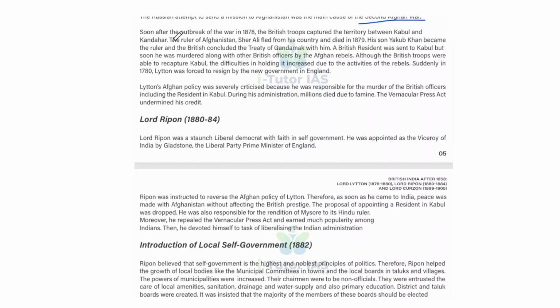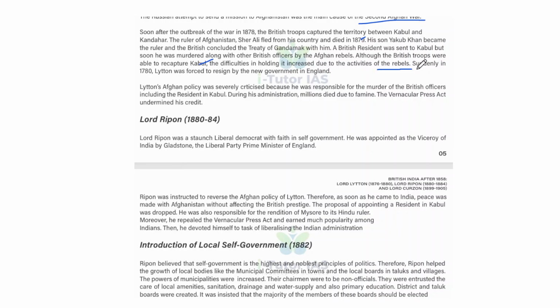1878, the British troops captured the territory between Kabul and Kandahar. The ruler of Afghanistan, Sher Ali, fled from his country and died in 1879, and his son Yaqub Khan became the ruler, and the British concluded the Treaty of Gandamak with him. A British resident was sent to Kabul, but soon he was murdered along with the other British officers by the Afghan rebels. Although the British troops were able to recapture Kabul, the difficulties in holding it increased due to